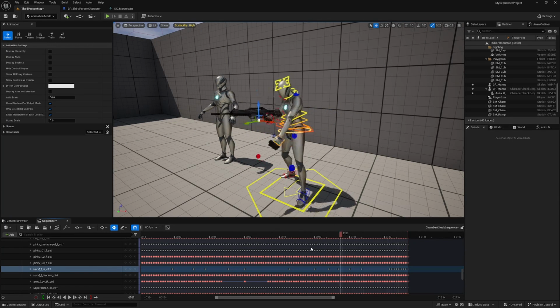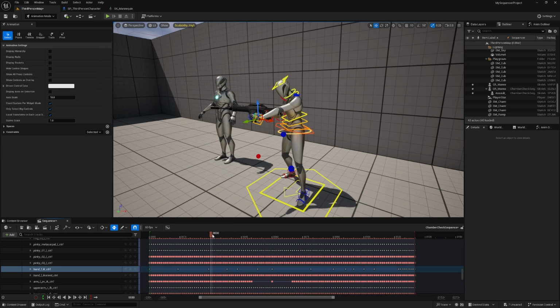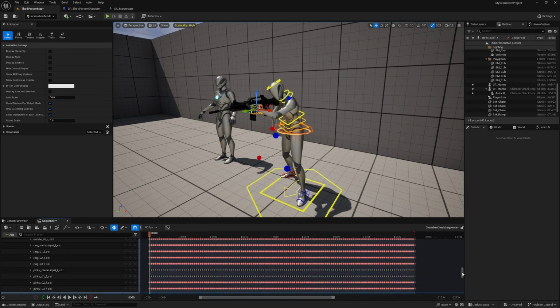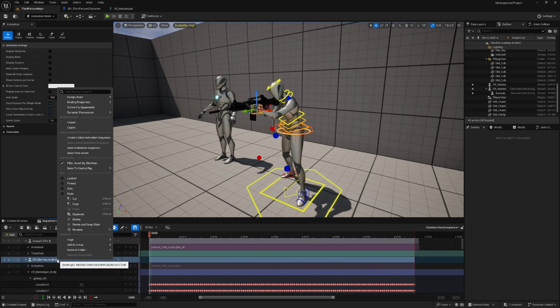It looks a lot better than it did. Even though, when we look in this really super fine detail at every single frame, you can see a lot of moments where it's not great. The hand is at least following that mag, which is a lot better than it was. If you're doing a third-person shooter, you wouldn't have to do too much more work after this to make this animation look passable. But now that that is more or less where we want it, we can right click here